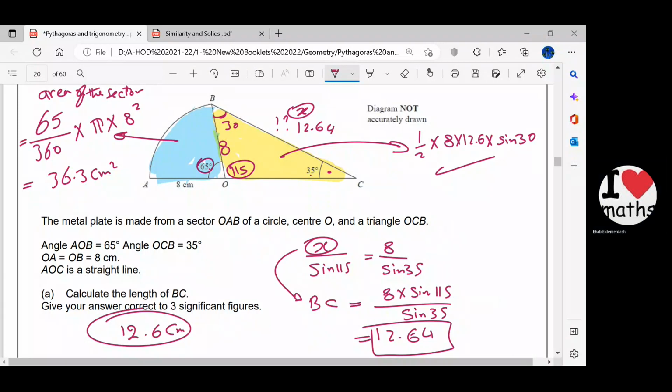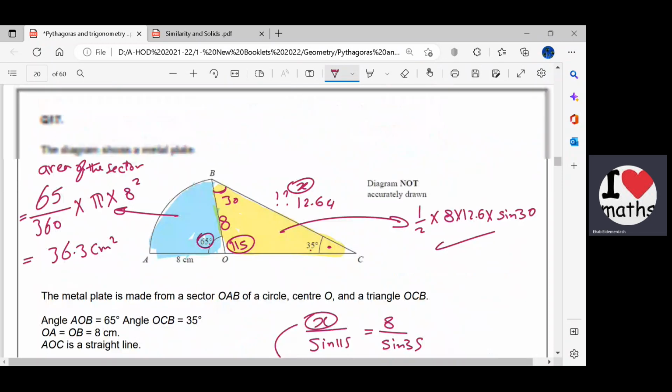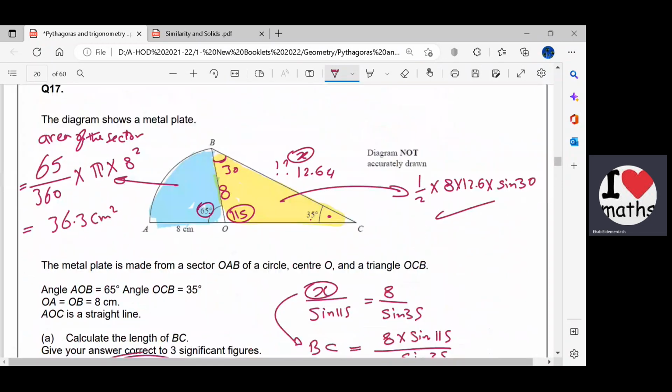Am I clear? Good, it's easy, right? Let's play. Here, calculate the area. Most likely you will see the same question in AS next year. The people who are going for AS next year will see the same question. They will ask you to find out the area and